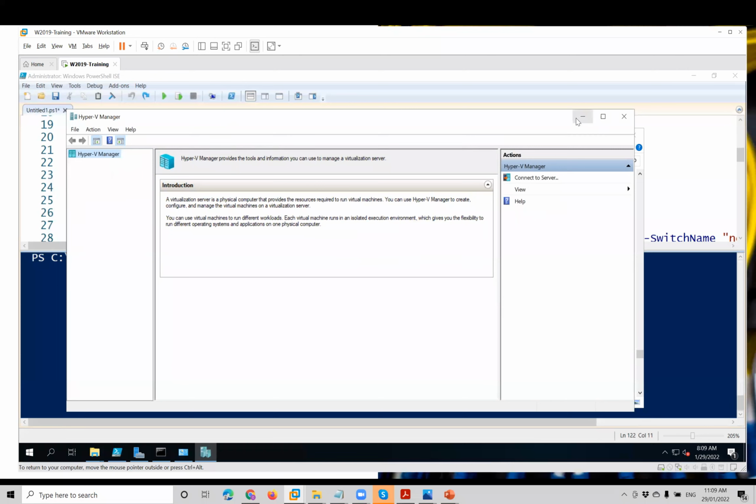Didiscuss ko ang Hyper-V on the last topic. So Hyper-V, host virtual machine. Hyper-V is a virtualization server na installed usually sa physical, which provides resources required to run virtual machines, such as CPU, memory, storage, and network. Okay, you can use the Hyper-V role to create a VM. Okay,